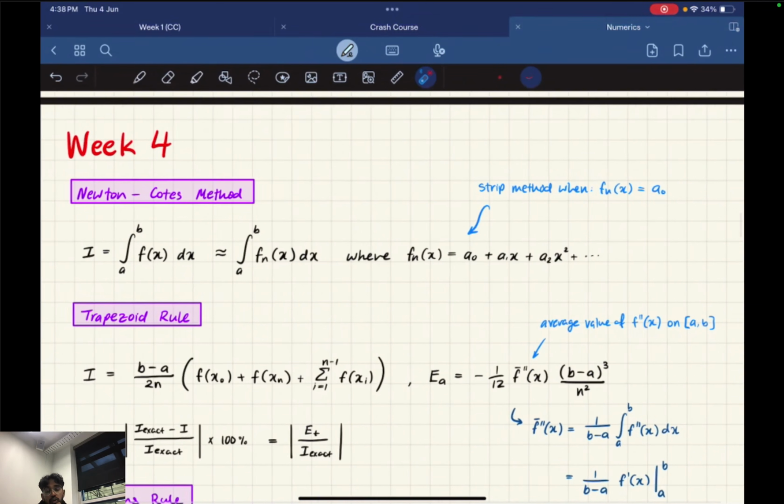This is now week 4. We're taking a look at integration. All right. You guys might have seen the trapezoidal rule before, right? The trapezoidal rule is pretty much just